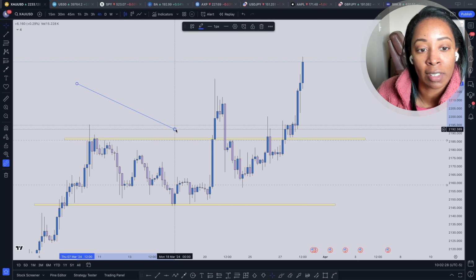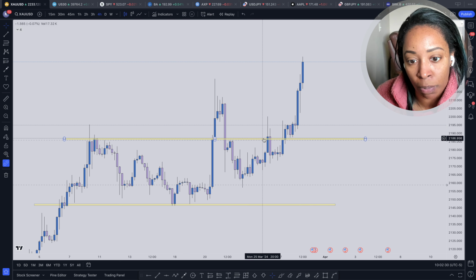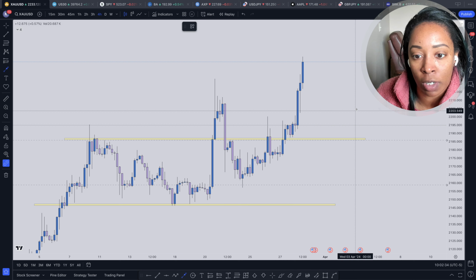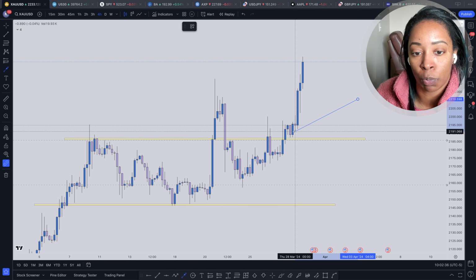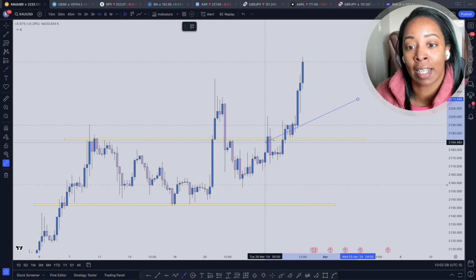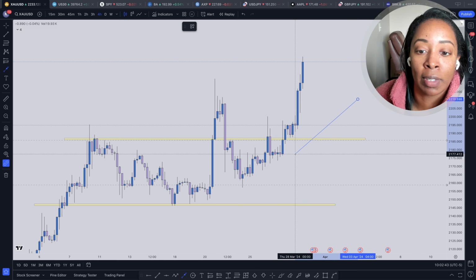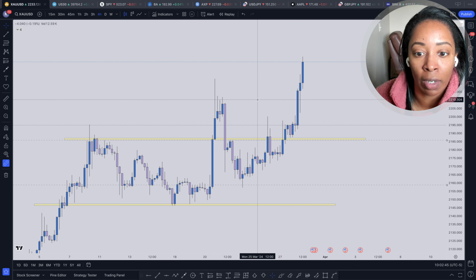So I'm liking this level for the most part. I don't think I want to change anything. Oh, another thing I forgot to mention is right here we do have a little support right there. So we have resistances and support throughout this entire level. So definitely want to keep this level going right here.